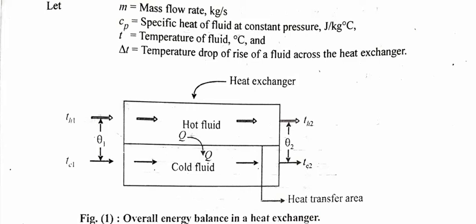The parallel flow means that a hot fluid and a cold fluid are moving in the same direction, parallel to each other, by which the hot fluid will transfer its energy to the colder one, and the colder one will absorb it. As you can see in this figure, the temperature Th1 is the initial temperature of the hot fluid, while Tc1 is the cold fluid temperature, and the difference between them is theta 1.